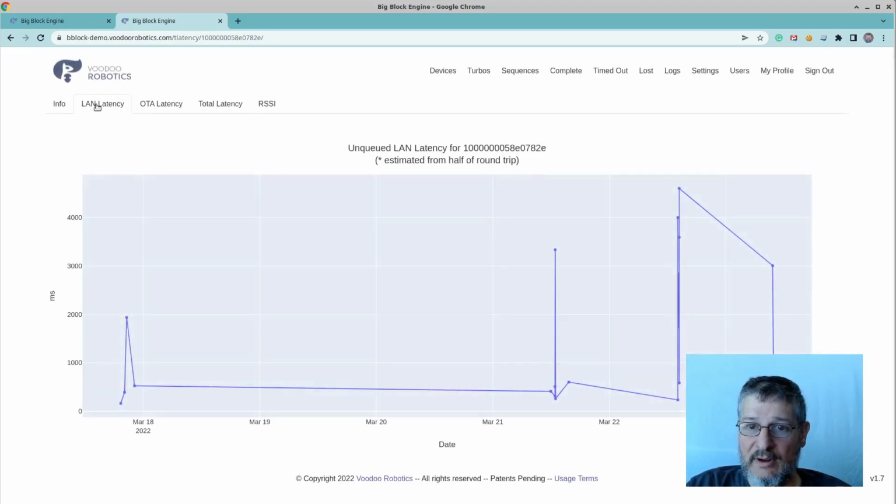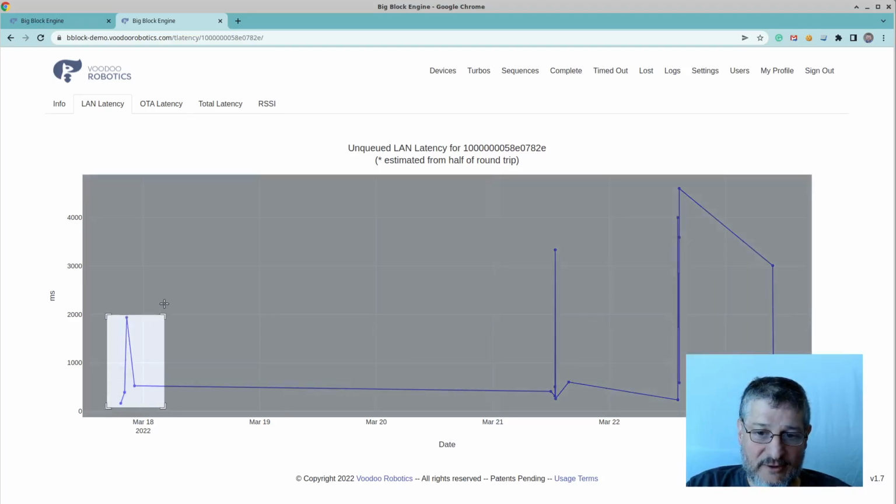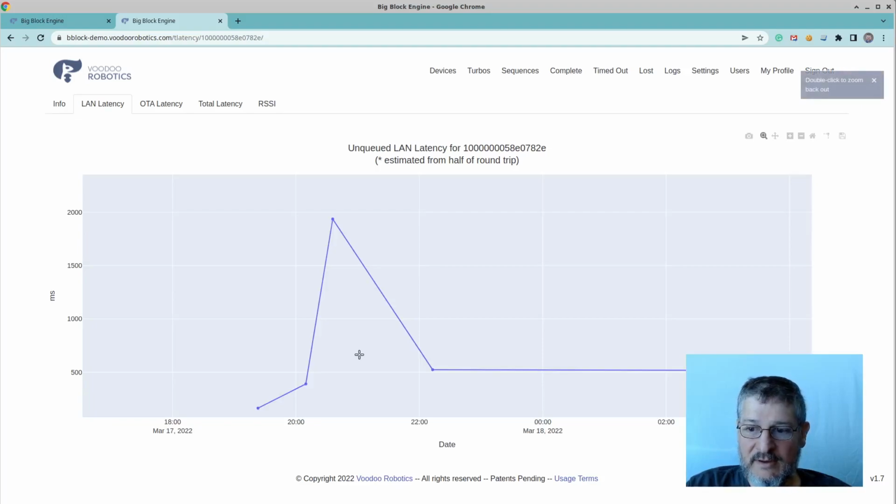This again, like before, has graphs for the latency, and here you can see a little bit more latency information. Here's some information about communication. You can see that this is in milliseconds, so this is thousandths of a second. This top line here is 4 seconds, this is 3 seconds, 2 seconds, 1 second. If you want to zoom in on this area, we can look at this particular case, and you can see here was one communication that took